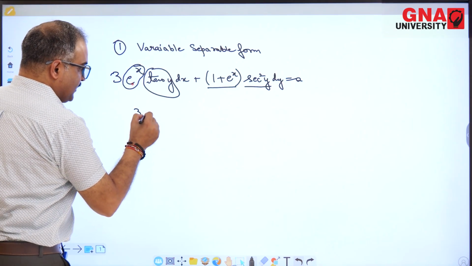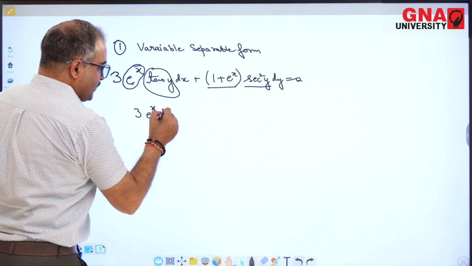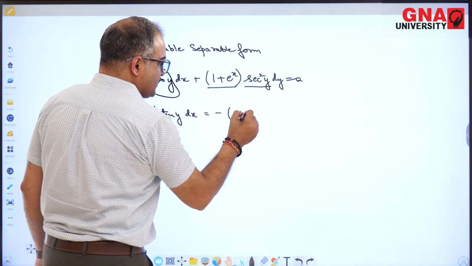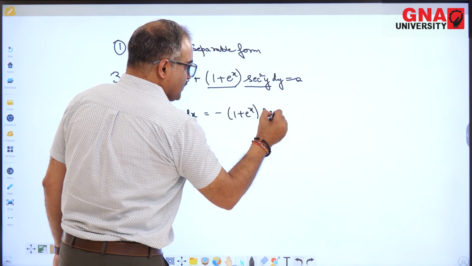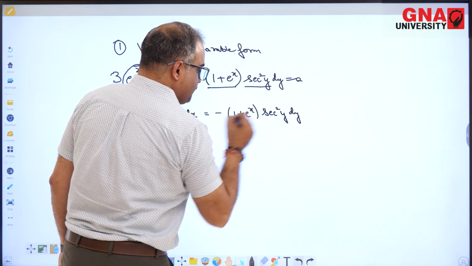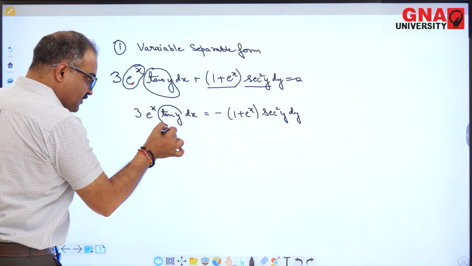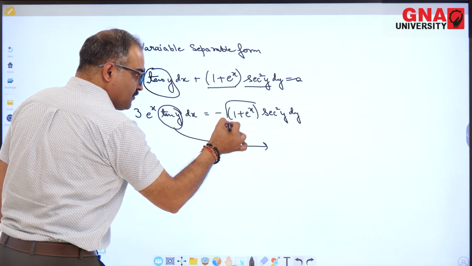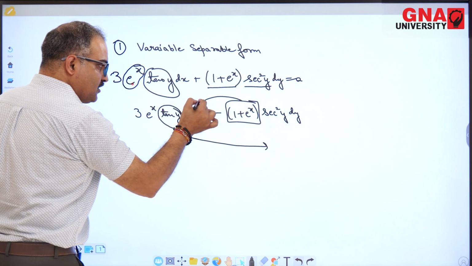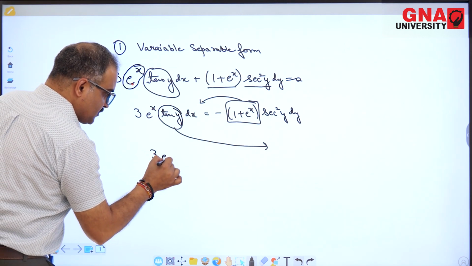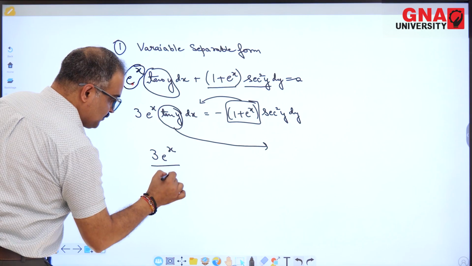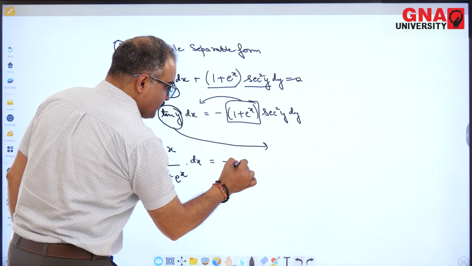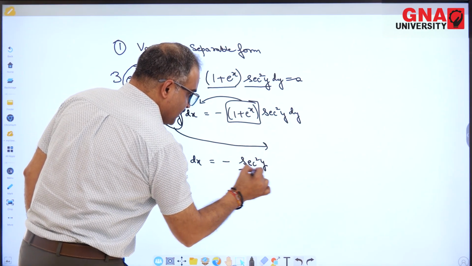So we will take 3 times e raised to power x tan y dx is equal to minus 1 plus e raised to power x secant square y dy, and then I'll take, now this term tan y is not dependent upon x, so I'll take it on the other side. Here this term is not dependent upon y, so I'll take it on the other side. So it reduces to e raised to power x over 1 plus e raised to power of x into dx is equal to minus of secant square y divided by